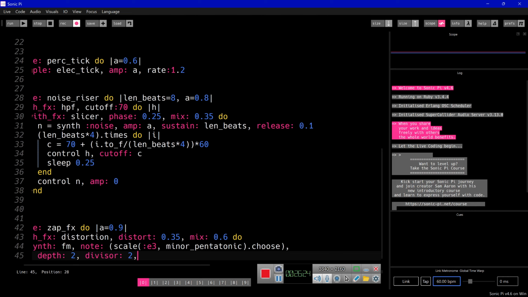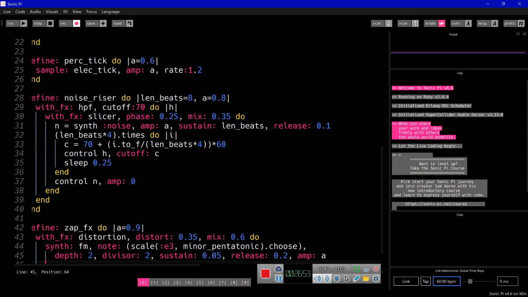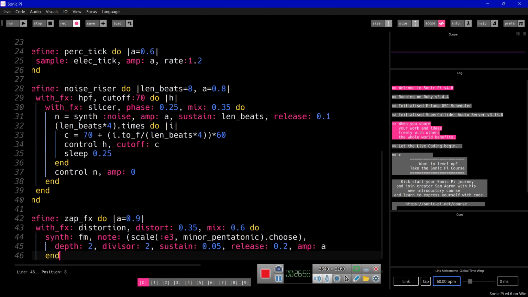And a sustain of 0.05 and release of 0.2 and amplitude of 8. Then we end this and